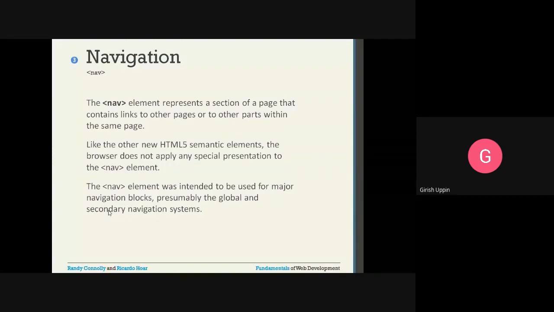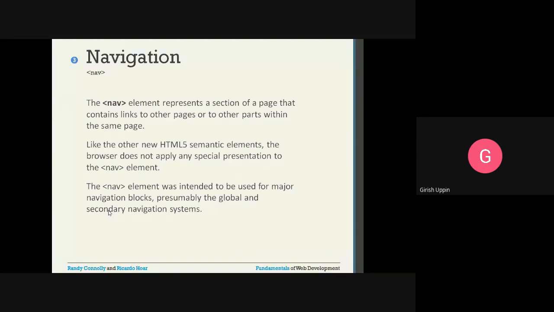Like the other new HTML5 semantic elements, the browser does not apply any special presentation to the NAV element. So it does not have any appearance influence, meaning if you use NAV, the appearance will not change.